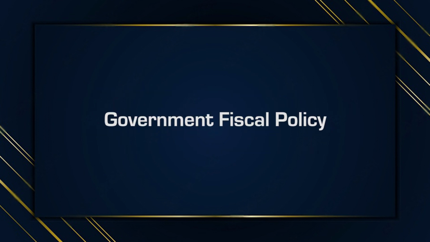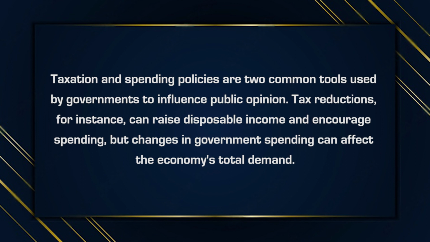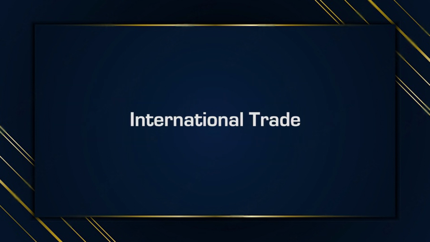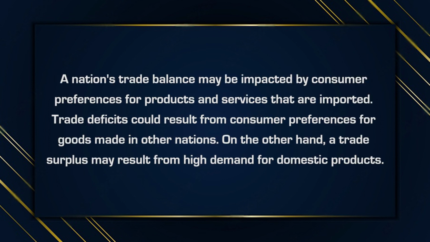Government fiscal policy. Taxation and spending policies are two common tools used by governments to influence public opinion. Tax reductions, for instance, can raise disposable income and encourage spending, but changes in government spending can affect the economy's total demand. International trade. A nation's trade balance may be impacted by consumer preferences for products and services that are